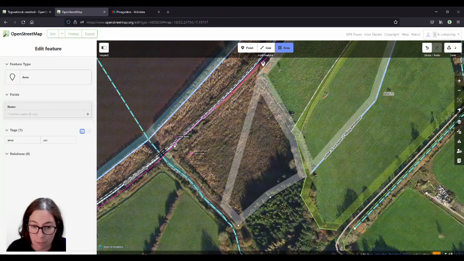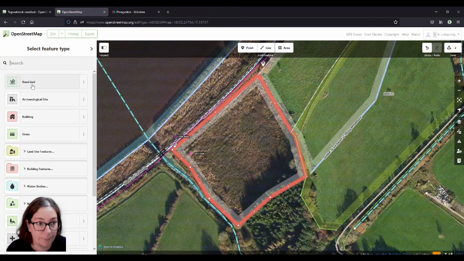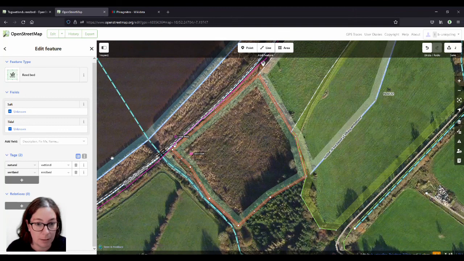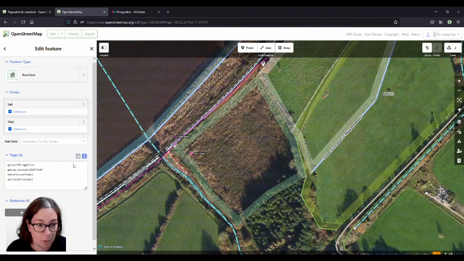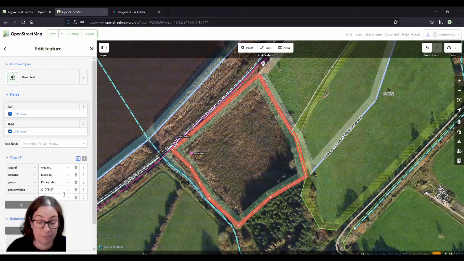Not with the imagery we have at our disposal. Anyway, reed bed, and I could have just copied all of those and pasted them in here. And I could also add a survey date, because the farmer might decide to drain it and then it's lost. Just to make sure. Just have to remember when I was there.